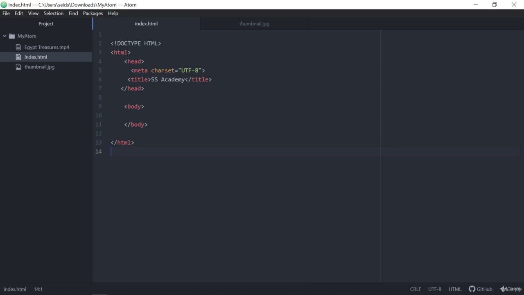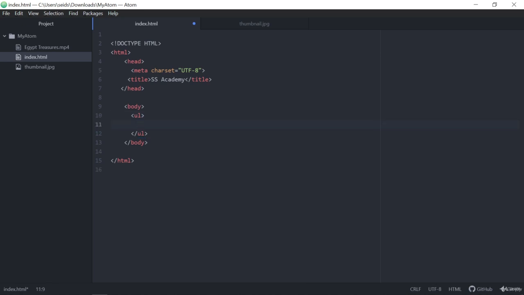For creating unordered lists, let's come to our body tag. And inside this body tag, I'm just gonna create an unordered list, UL. UL is the abbreviation and stands for unordered list. And after creating this, I'm just gonna close this off. Okay, let's just indent this inside this body. Okay, inside this unordered list,